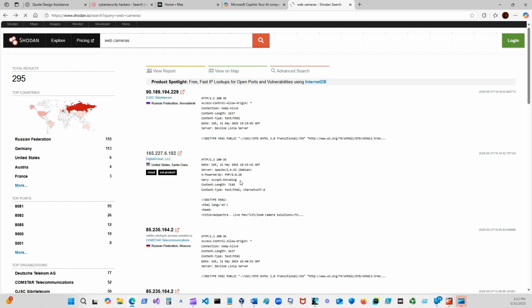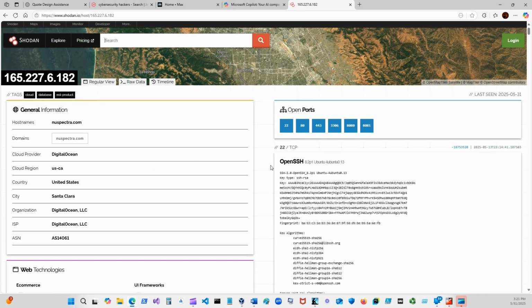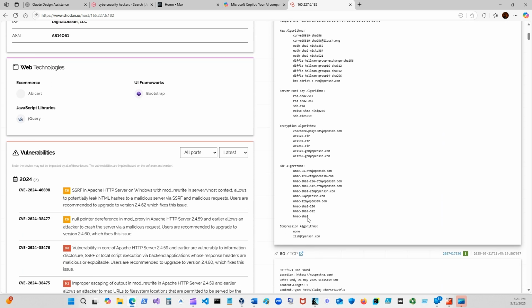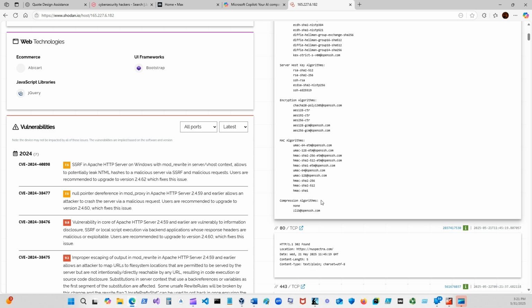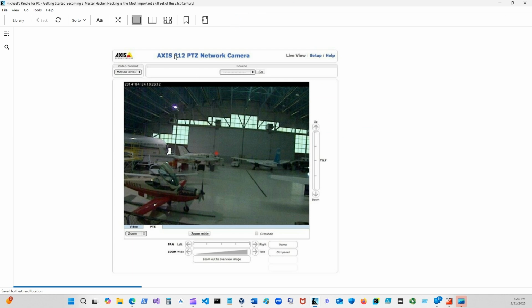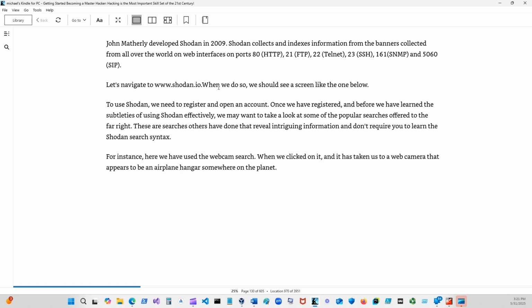Digital Ocean LLC, United States, Santa Clara. OpenSSH. Uh-oh, I don't want to do that one. I just want to see a camera. Let's see if that camera's still working.